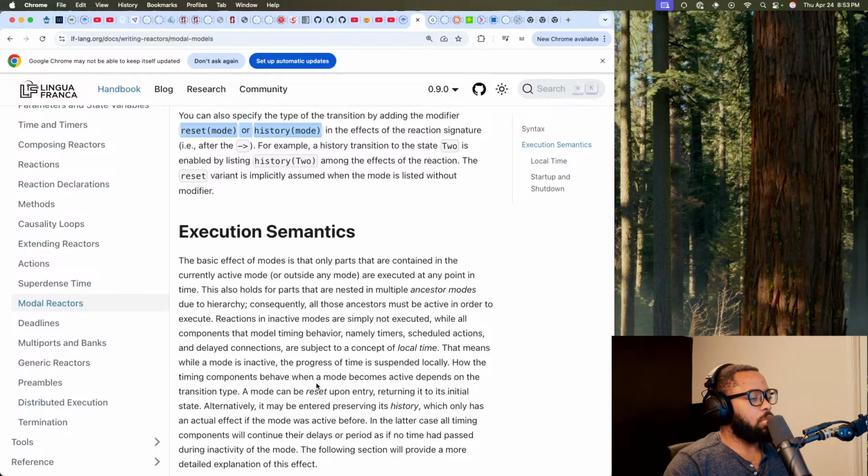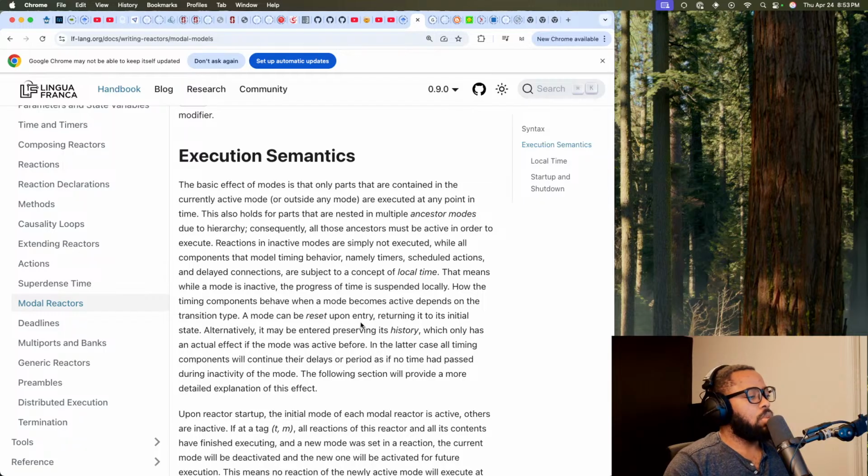How the timing components behave when a mode becomes active depends on the transition type. A mode can be reset upon entry, returning it to its initial state. Alternatively, it may be entered preserving its history, which only has an actual effect if the mode was active before.